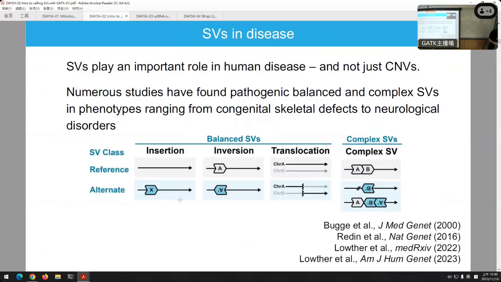And we talked yesterday about the role that copy number variants play in disease and the evolution of humans over time. But beyond just copy number variants, other types of structural variants are also really important in disease. So looking at balanced and complex SVs, because we've already talked about copy number variants,